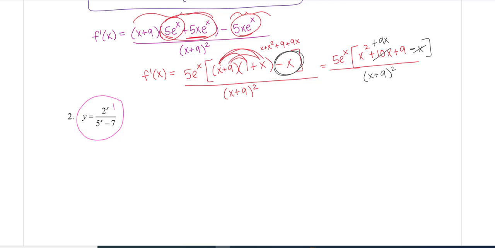And so again, here's my high, here's my low, and I will apply quotient rule with the fact that I know when I need the derivative, so if I have a function 2 to the x, its derivative is 2 to the x times natural log of 2. And so if I needed the derivative of 5 to the x, its derivative is 5 to the x times natural log of 5. All right, so if I need those, I have them.